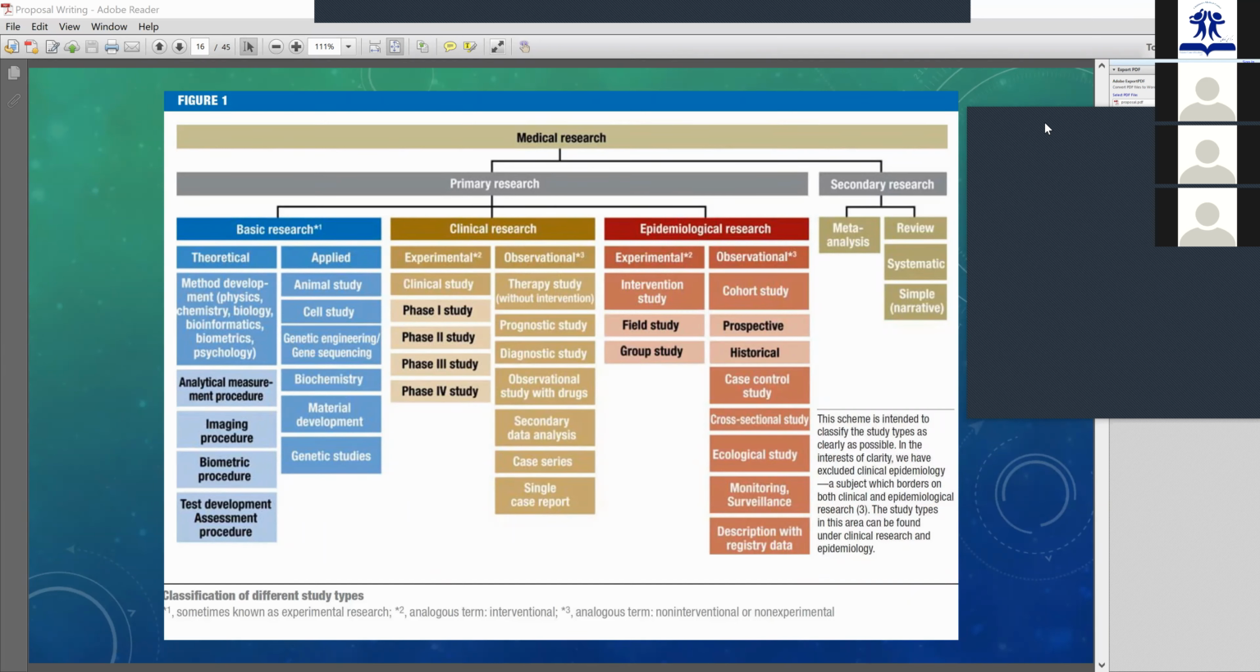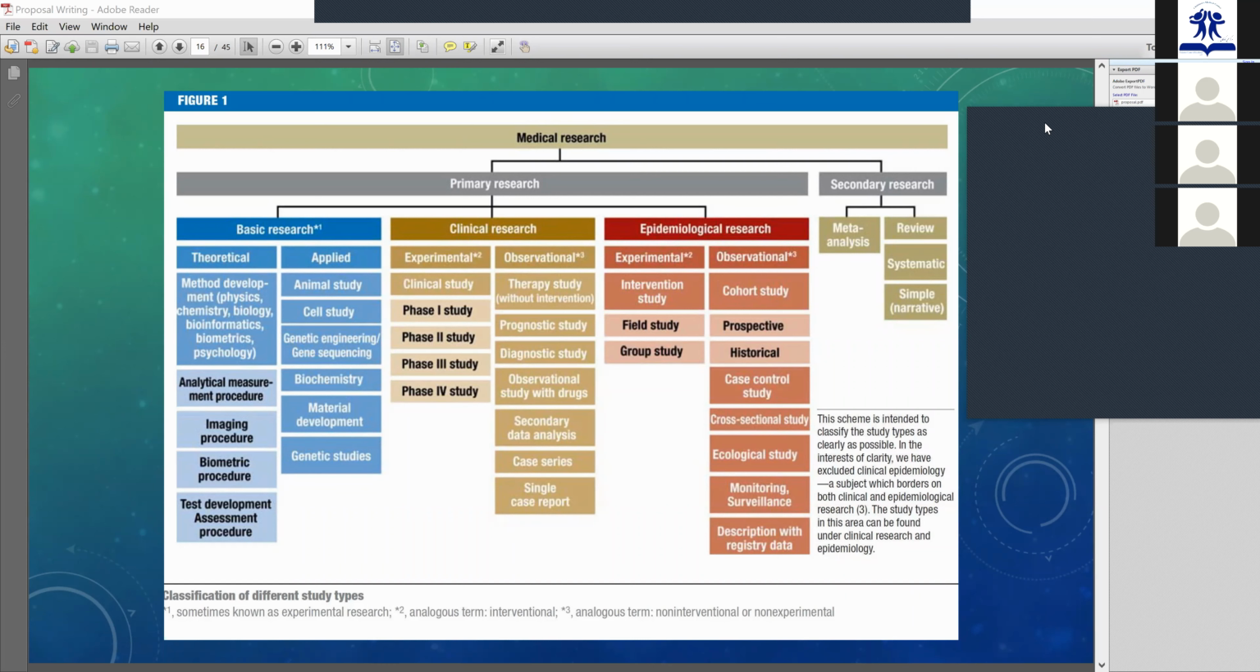Primary research is divided into three types: basic research, clinical research, and epidemiological research. Okay. So basic research, also called experimental research, but this experimental is different from experimental clinical research. That's why we do not call basic research experimental anymore. Try to say basic research. Basic research is in fact the same one that I talked about before in types of research. It's talking about theories. It's talking about the